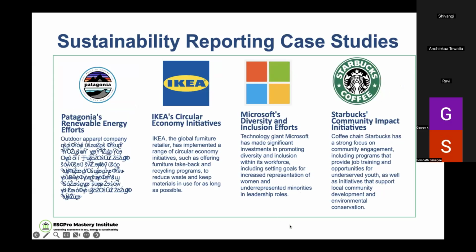Now let's see some examples, right? Case study is the core of this program. I think on the left hand side there is some font issue, but don't worry, I will explain to you. Patagonia is one of those companies which has been committed to sustainable development for the last 50 years. This company is today known for outdoor apparel, which comes from sustainable sources. So they show the supply chain, including where they are getting supply from, Bangladesh, China. These are their sources. But if you really want to see the effect, go to their website and they will give you the address of those companies from where they are procuring. They are so transparent. A lot of people would be very nervous if they had to disclose so much. Why? Because people treat that